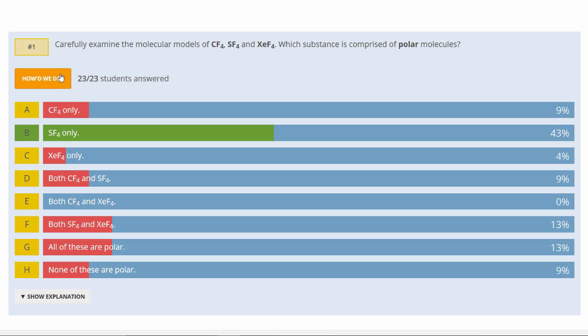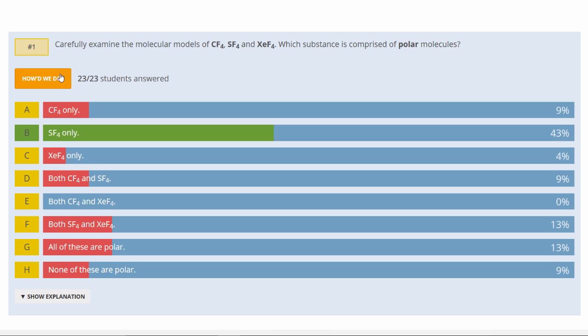Likewise, all of these angles here, remember what the angles are in this model? 109.5, exactly. So at 109.5, all of these are basically tugging on electrons with the same force. They're going to cancel each other out. Now you might say, go back to the idea of trying to get all the partial positives and partial negatives on one side. That's actually a strategy that does not work well with this one. This one is probably best answered using